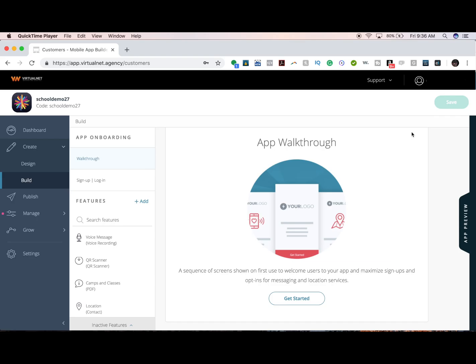Today we're going to set up the walkthrough feature. It's a fact, people judge books by their covers. Since you can't expect to change people, the next best option is to change your app. With our North Park update that came out, you can now quickly add a well-designed and branded walkthrough to your